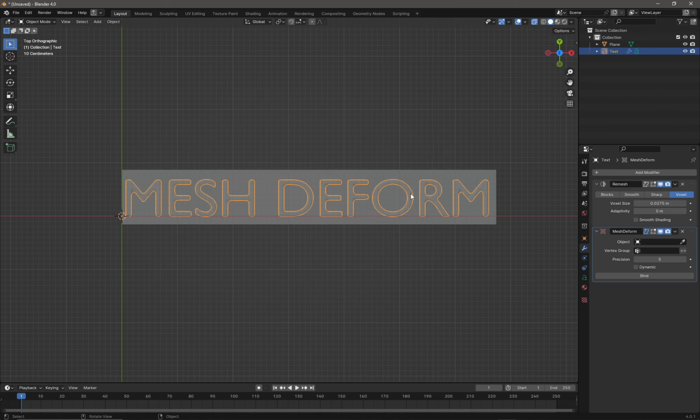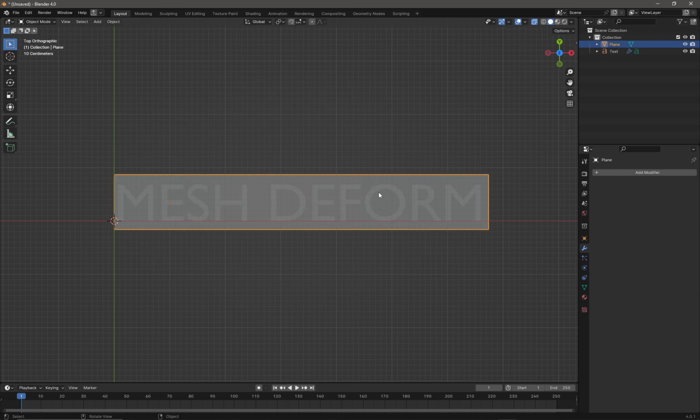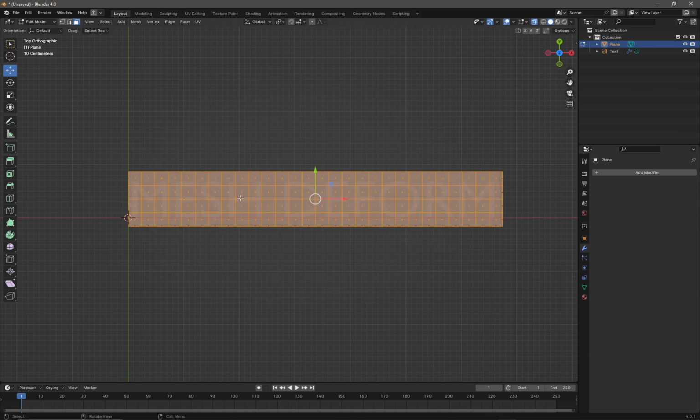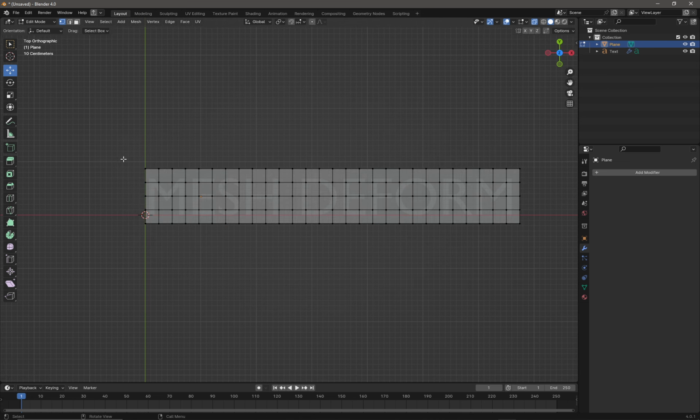And now I'm going to click on the text to go back to the modifier panel. And in the Mesh Deform modifier, I'm going to click on the dropper, and I'm going to select my cage like that, which is our plane. And then I'm just going to press the bind button to bind it to the text. Now if I click on the cage and press Tab, press 1 to go into the vertex mode, and I'm